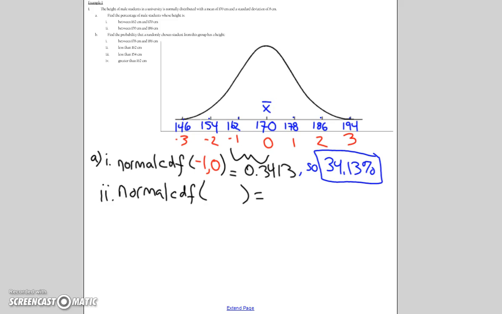Between 170 and 186, that's what you're looking for. So if you look at it, 170 is my 0 spot, so I'm going to put 0 down for my left boundary, and 186 is 2 standard deviations above. So by either, again, finding this on the reference table or hopefully calculating it, we get the answer to be